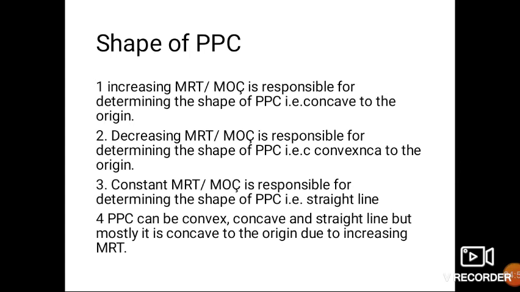Now for increasing 1 unit of x, Khetilal in this case is sacrificing 2 units of y. You will find that in the first case Khetilal sacrificed 1 unit, now in this case 2. If this sacrifice ratio goes on increasing, then the shape of the PPC becomes concave to the origin.